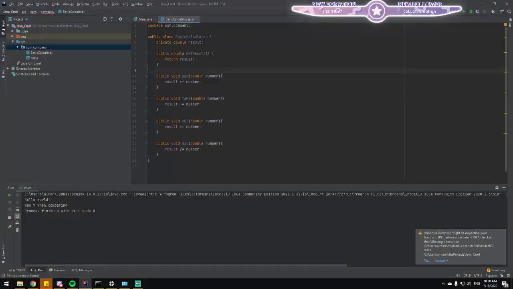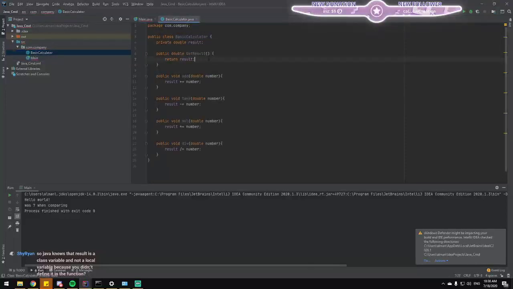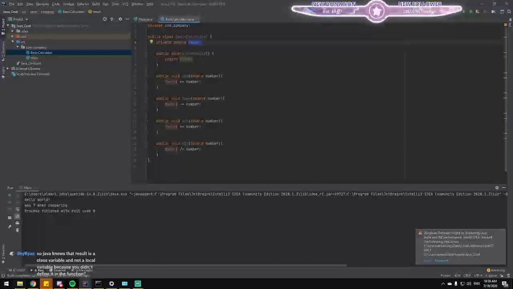Save. Let's test it. So Java knows that the result is a class variable and not a local variable because you didn't define it in a function. Yeah, that's how C# works as well, or any other OOP language. Yeah, it's fine. It understands it.